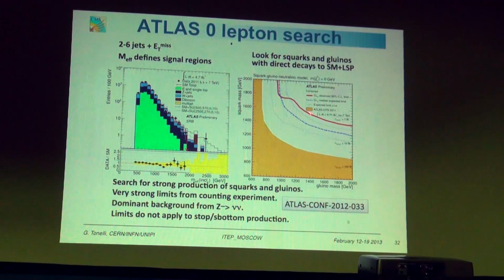But again, be careful, because this applies to squarks and gluino, it does not apply to the third generation, to stop and sbottom. On this we have to do another study. So the fact that we don't see squarks and gluino at the level of 1 TeV in minimal supersymmetric constrained models does not mean that there are no stop or sbottom maybe at a few hundred GeV. So we have to be very careful there.